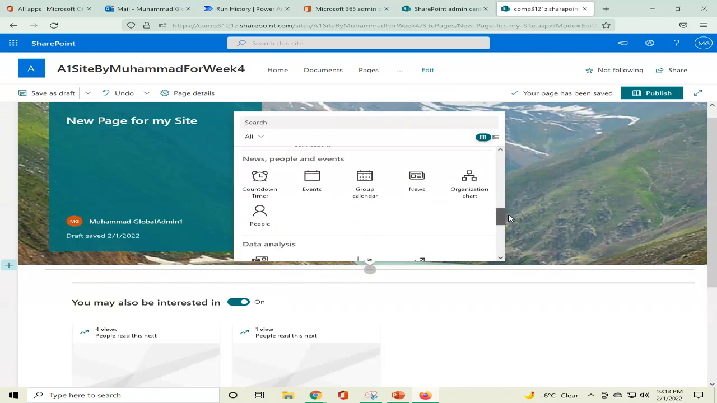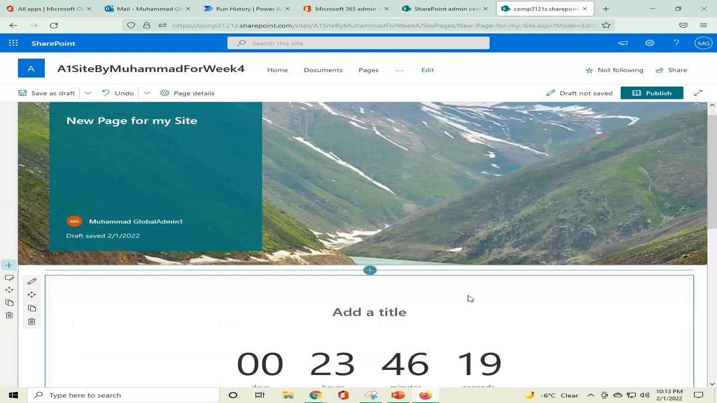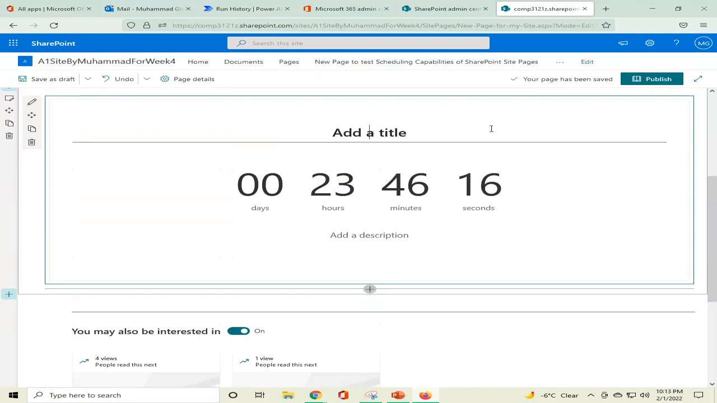Or what else? Countdown timer. Let's start a countdown timer over there to be set at anything. Let's say on the midterm exam, and the midterm is coming. Add a title. We say in the title,